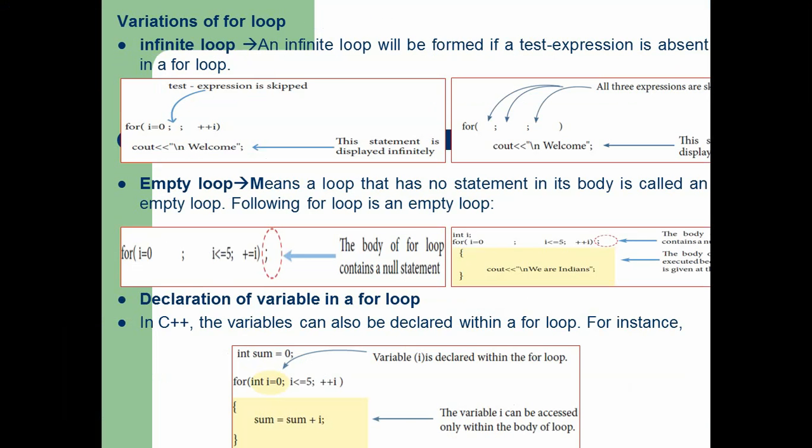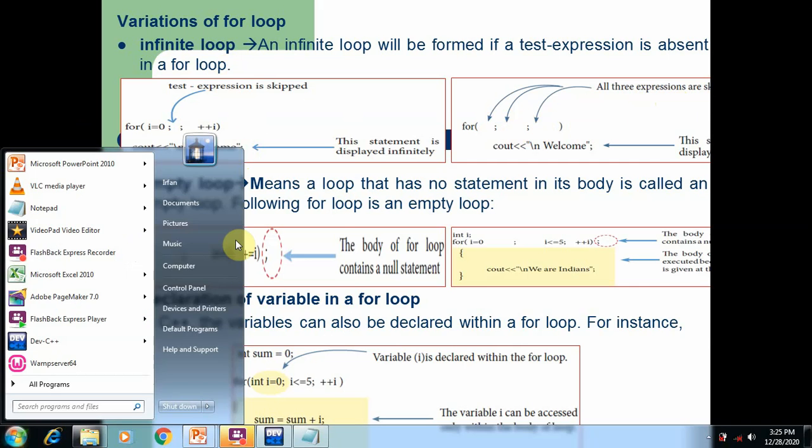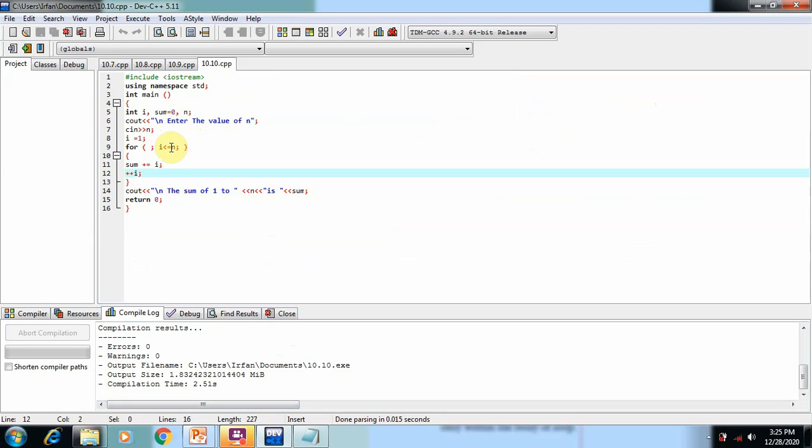Now we are going to see how we can use the for loop as an infinite loop. Infinite loop means there is no finite end. This loop will not terminate at all. It will execute always, one by one. When does this infinite loop occur? When you skip the test expression. If you skip the test expression, or if you skip all the expressions in the for loop, then this loop becomes infinite. For example, in the program which we learned now, if you remove the test expression from here